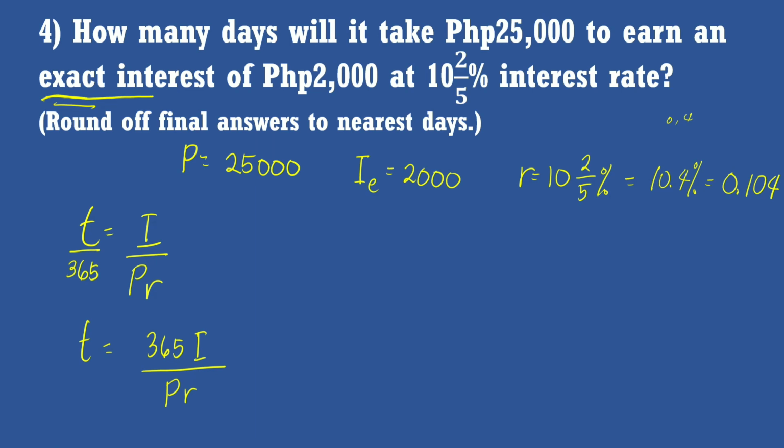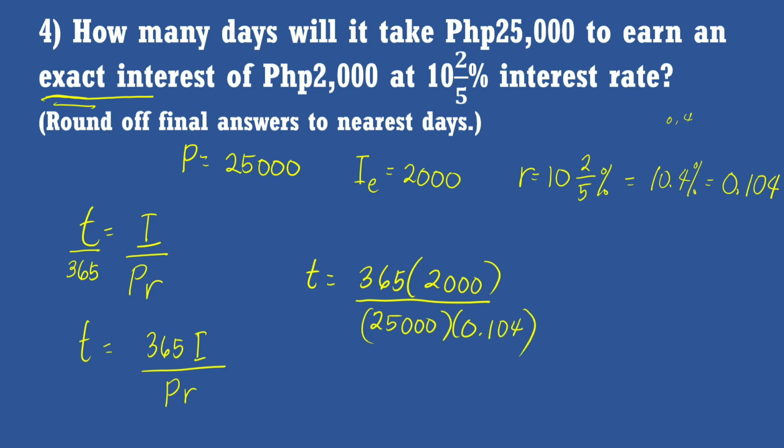Exact interest, right? So the time is 365 times 2,000 pesos over principal 25,000 pesos, and then the rate we are using here is 0.104. So calculate 365 times 2,000 pesos divided by 25,000 and 0.104,